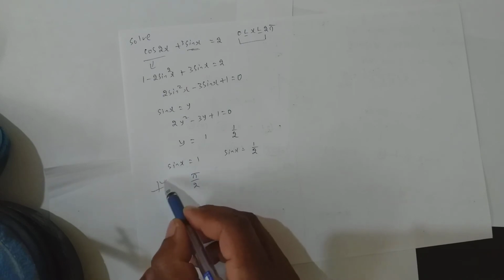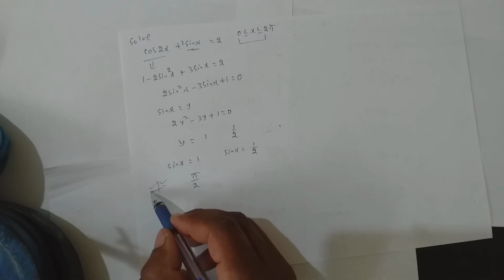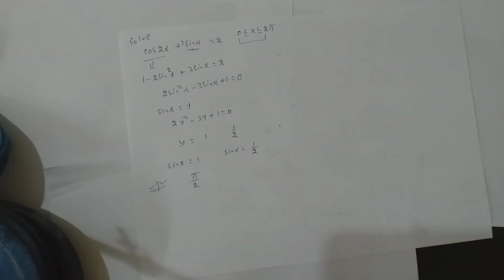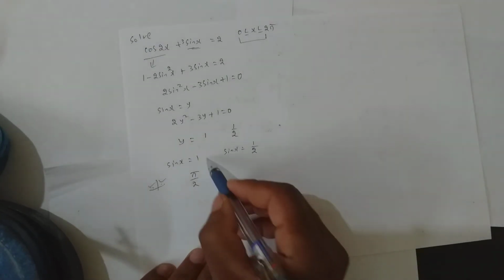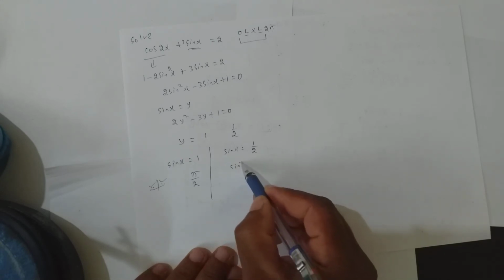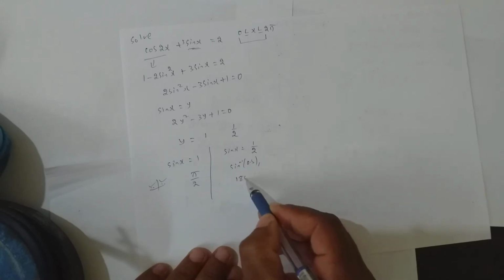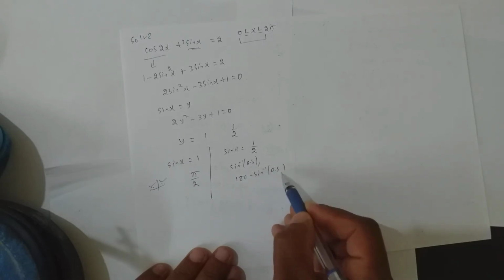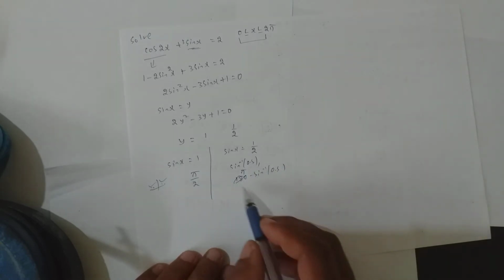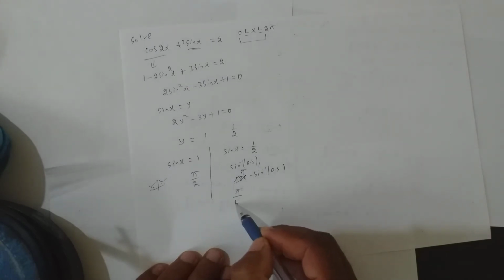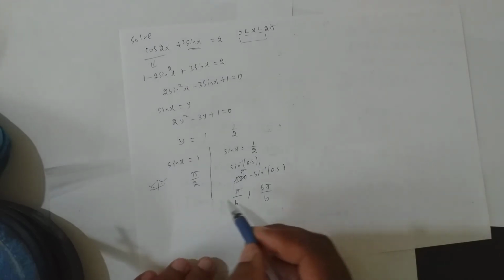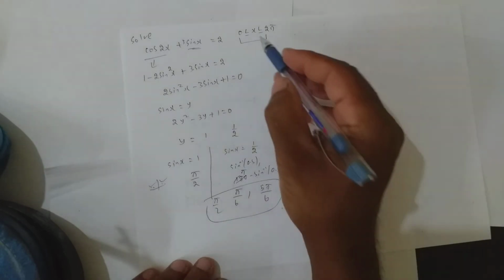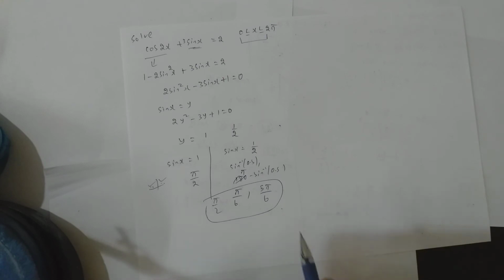Remember where all is sine positive: first and second. To get an angle in the first, directly sine inverse 1, and to get an angle here, 180 minus sine inverse 1. Since it's radians, you will use pi minus sine inverse 1. Your calculator should also be kept in radians. Now for half, also the same thing. Either it is sine inverse 0.5 or 180 minus sine inverse 0.5. Oh, it's radians, so not 180, pi. So the answers that you get are pi by 6 and the other one is 5 pi by 6. Since the range of x is given in radians, my answer should also be in radians. Am I clear?